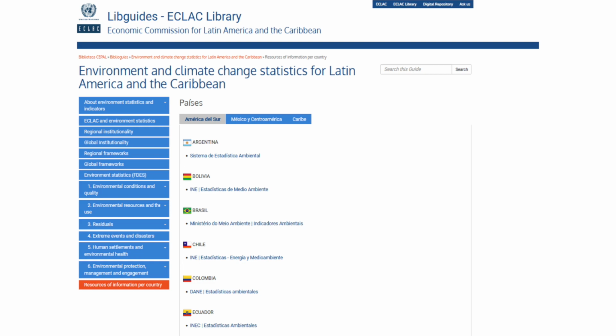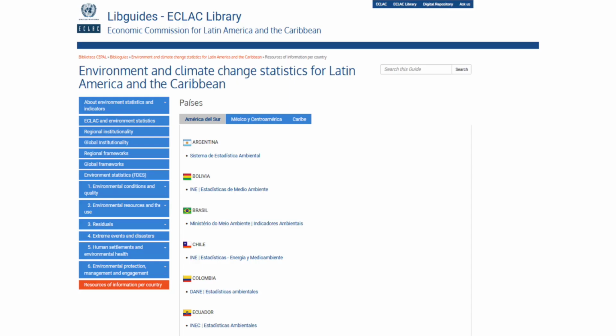Finally, the last section corresponds to the information resources by country for Latin America and the Caribbean, separated among South America, Mexico and Central America, and the Caribbean. Here, you can also access the official sites of the institutions or offices that produce environmental indicators and environment statistics. Therefore, this LiveGuide is a very useful instrument to obtain information from a single place for the development of environment and climate change